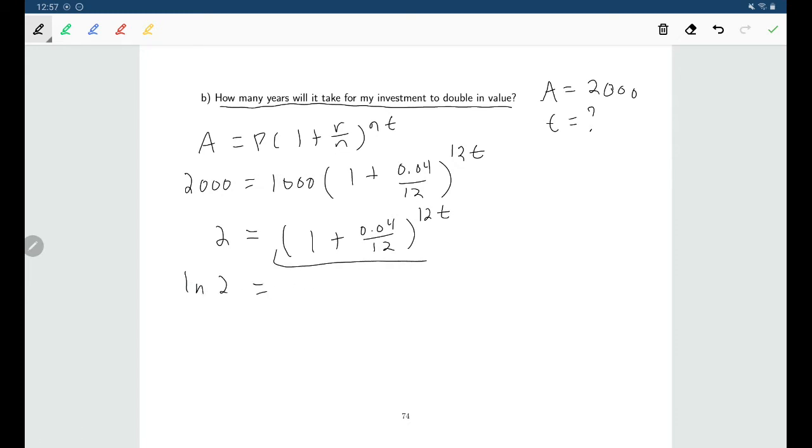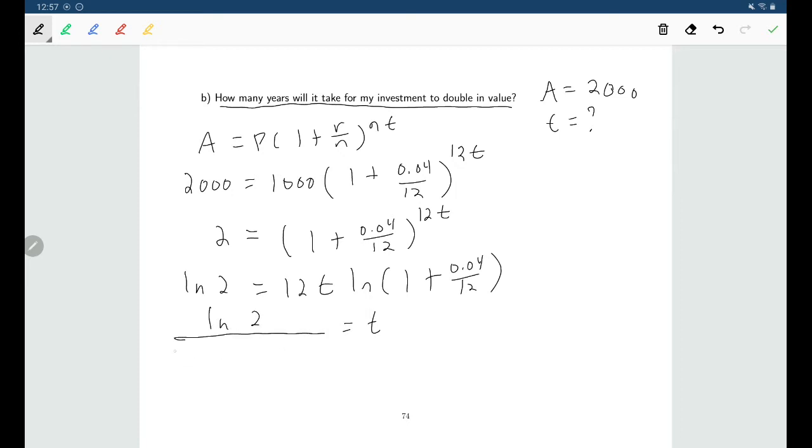And we know that when we take natural log of the right side, we'll have natural log of something to the power of 12t. And so that power would be able to come down in front. And so now I just need to solve for t by dividing by 12 and by that natural log. So I can find that t should be equal to natural log of 2 all over 12 times natural log of 1 plus 0.04 over 12. And when I run that through my calculator, I get about